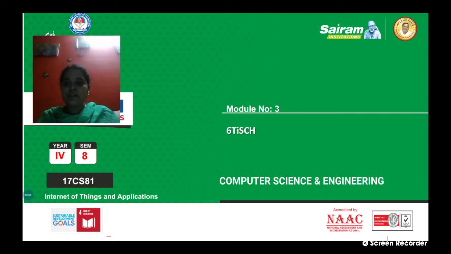Hi students, today I'll be talking about 6TiSCH. This is the concept continued from IP, the need of IP for IoT. It's a continuation of that. 6TiSCH is a short form for IPv6 over Time Slotted Channel Hopping via IEEE